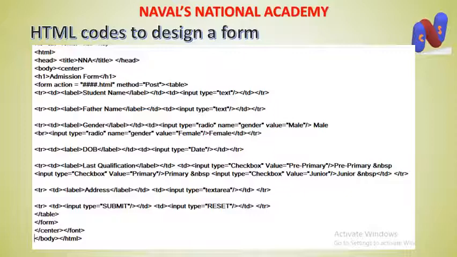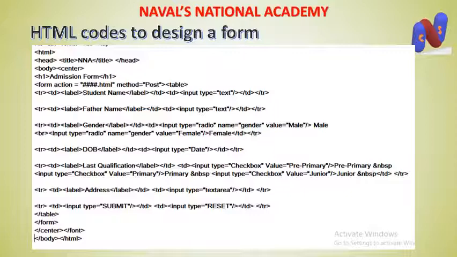In the third one, you can see inside the tr and td I have used a label as gender, and I have closed the label and the td also. Inside the second td I have taken input type equal to radio, which means it will provide a radio button on the form. I have given its name as gender, the value will be male, and I have written the particular label male.